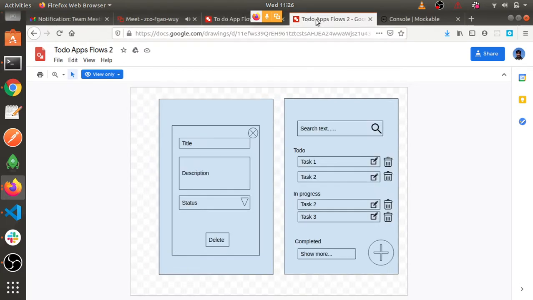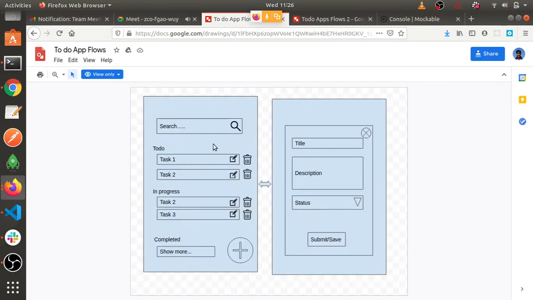By seeing this page, we need only one screen, only one page is needed. So we need only one container.